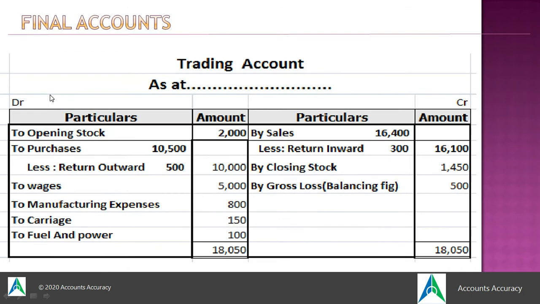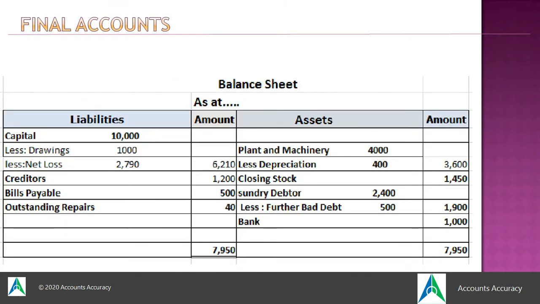I can show you. Here is your balance sheet. So three accounts basically we make: trading account, profit and loss account, balance sheet. But first of all, we transfer everything to those accounts. You can see here capital. I have already written capital on the liability side because it is the amount which the company owes to the entrepreneur. So this is a liability of the company.